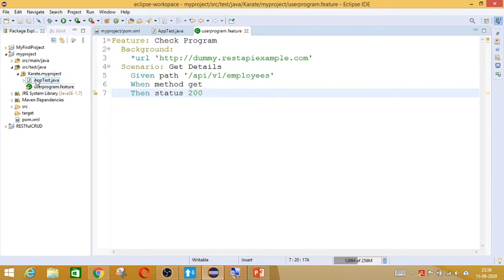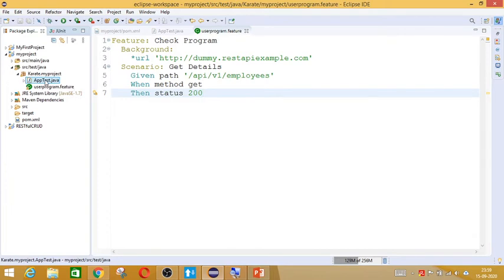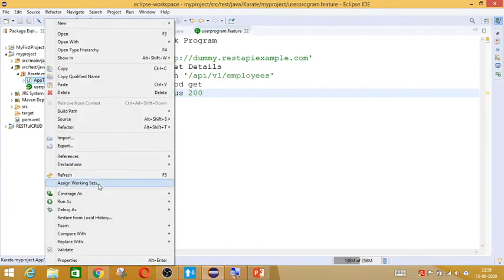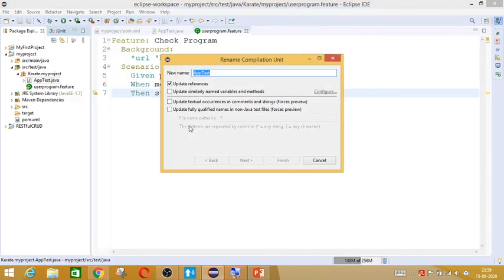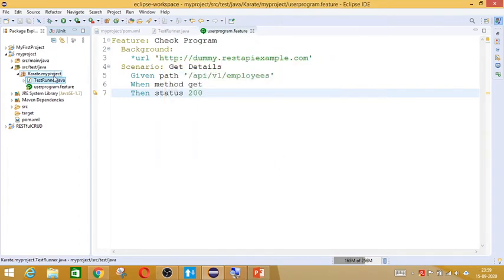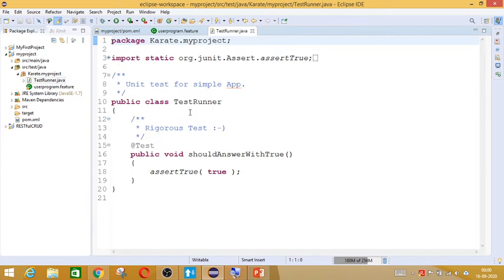Then here this file, we will rename this file as a runner file, because usually we will always have a naming convention as a runner file, from which the code or script will get executed. So we call it testrunner.java. So this file we will have as the runner file, and we will update this runner file to execute. Okay, so for Karate we will just have the class testrunner, nothing more is needed.